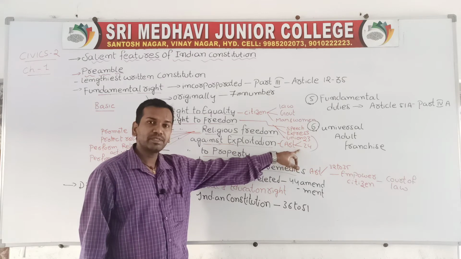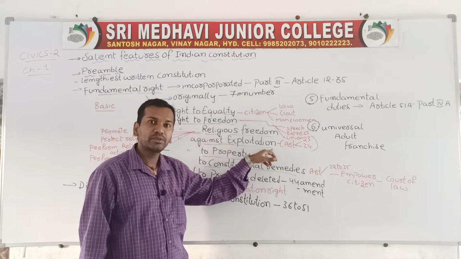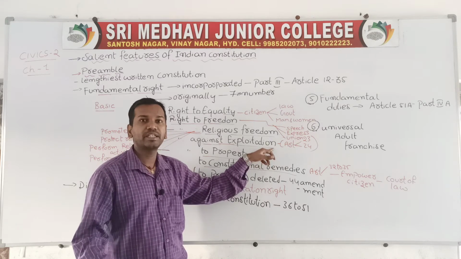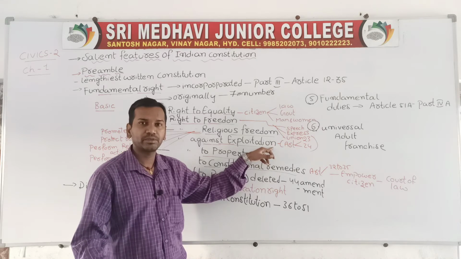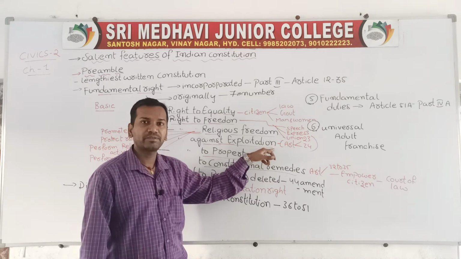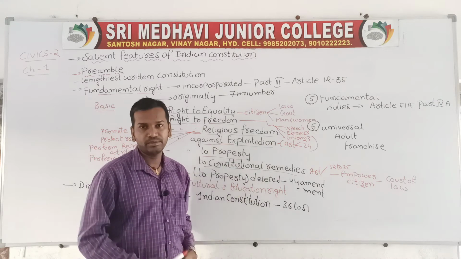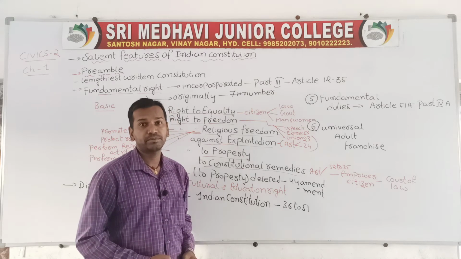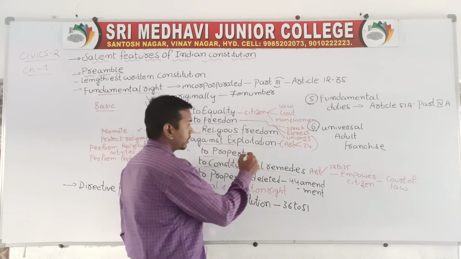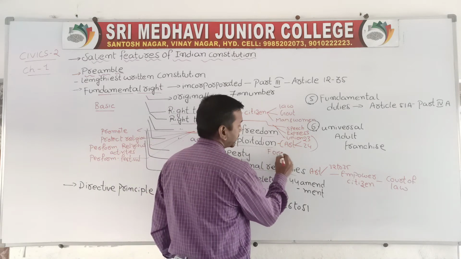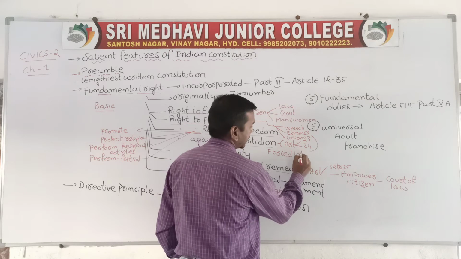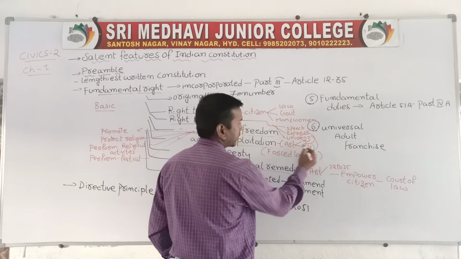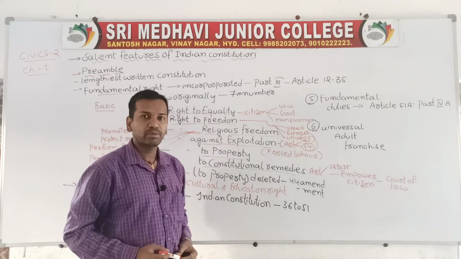Exploitation is nothing but people using you. You have the right to protect yourself from exploitation, whenever people are making you perform activities without your will. Performing any activities without your will is what the right against exploitation protects you from. For example, forced labor. When you force laborers to perform activities against their will, that also comes under exploitation. We can find the right against exploitation in Articles 23 and 24.